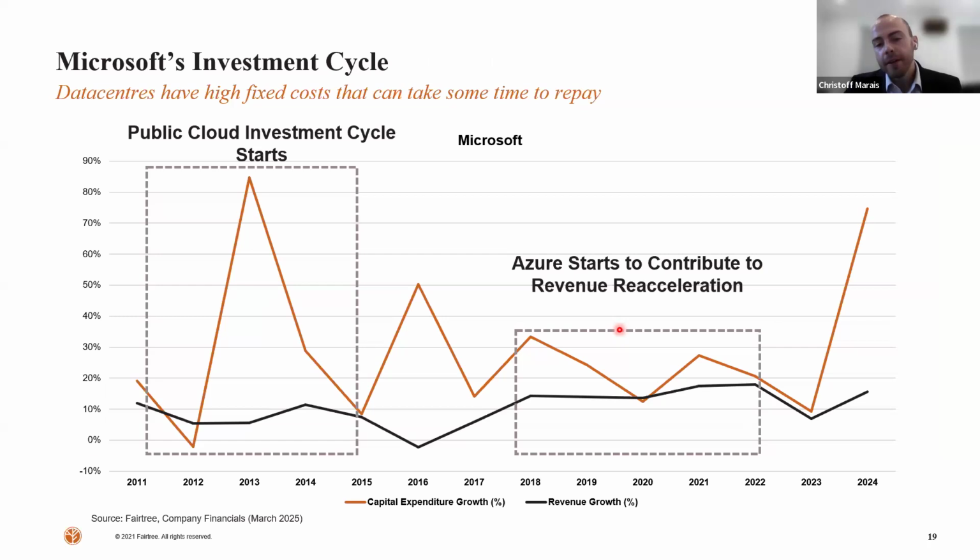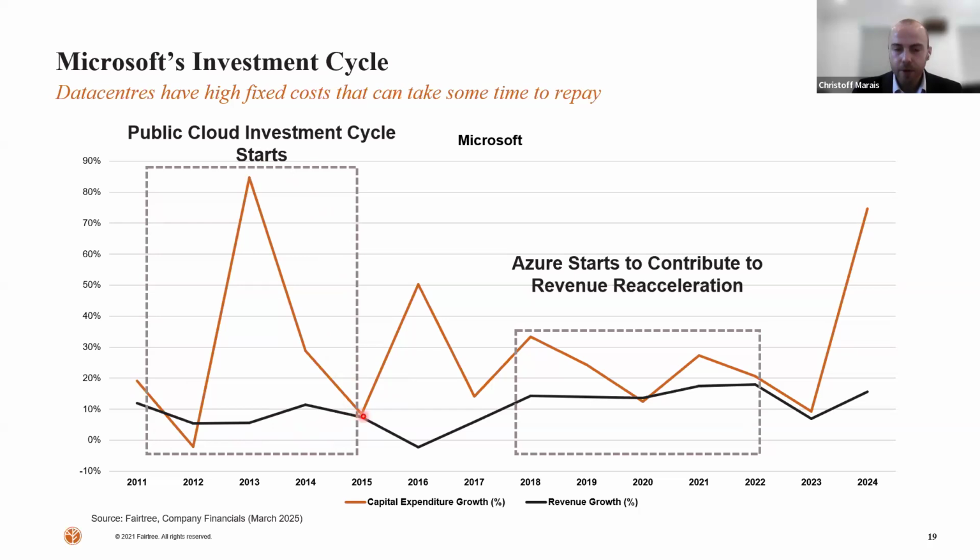So we're currently going through this CapEx cycle that everyone's probably seen in the news, but this is not the first major CapEx build out that these public cloud companies have gone through. I've just shown you here the history of the year-on-year capital expenditure growth for Microsoft versus its revenue growth. When this cloud momentum or this enterprise shift started to really gain momentum, or rather before it, Microsoft already started to build out huge amounts of CapEx or data centers, predominantly in the early 2010s. And you can see the CapEx increased by a lot, but this was not met quickly